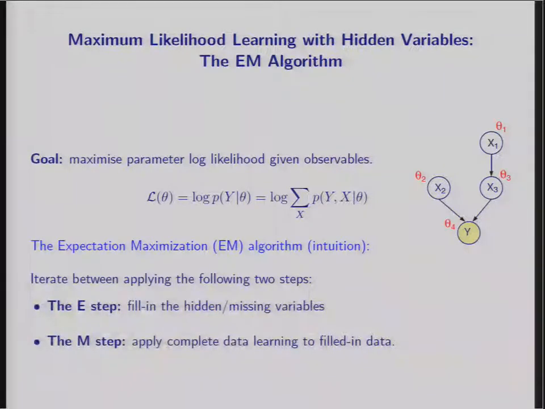Now, if I have a lot of hidden variables, this could be an exponentially big sum. But the good news is, if my graph has a sparse structure, let's say it's singly connected, I can actually do that sum efficiently by applying message passing. So in general, I could compute this log likelihood and optimize it with respect to theta using any optimization method that I want. But here is a very nice and intuitive algorithm for doing that optimization, which is the EM,